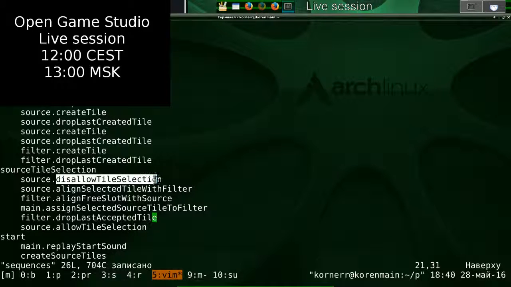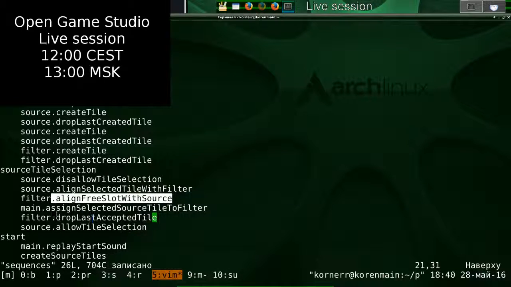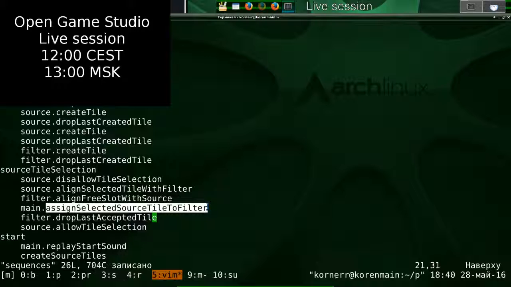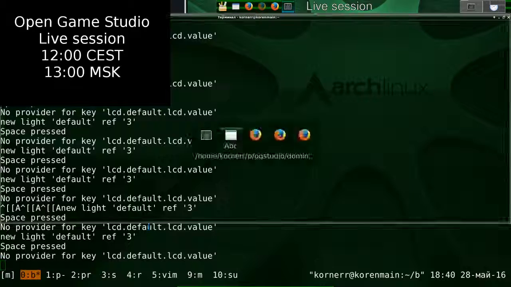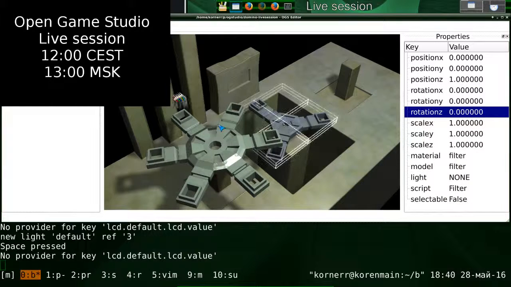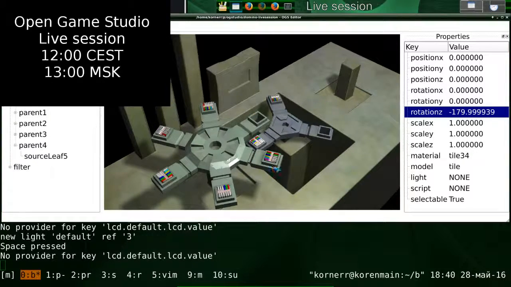First we disallow further tile selections, then we align the source with the filter, then we align the filter with the source, then we change the parent of the tile from source to filter, then we drop the tile to the filter slot, and then we allow more tile selection in the source. Let's recheck, reload, start it, select a tile, okay, select another one,